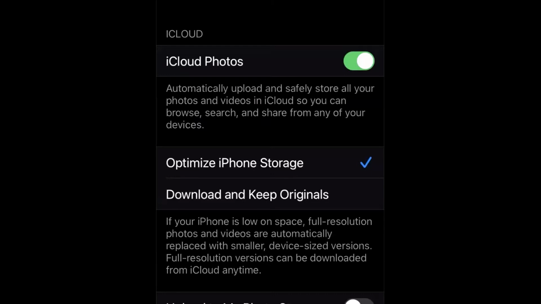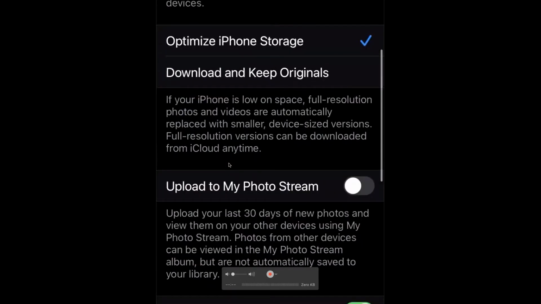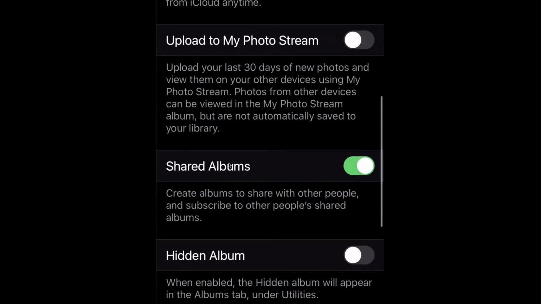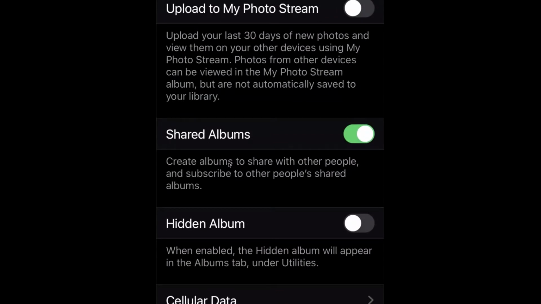You're welcome. Okay. I usually have upload to PhotoStream turned off, but I think further down there's the albums one, right? The shared albums. Yep, that's the other one that you turn on. I've never seen that as really useful. I'm going to go look for it. I think that's a new feature. I don't know why I would want a hidden album.